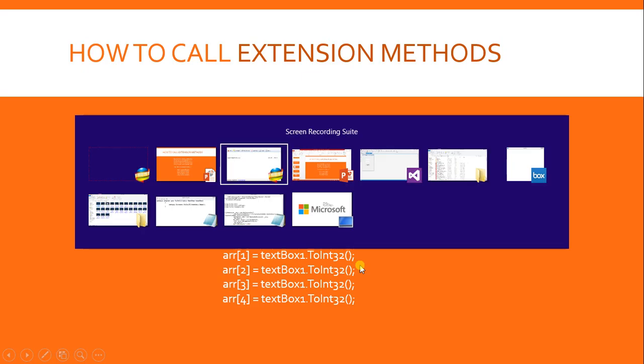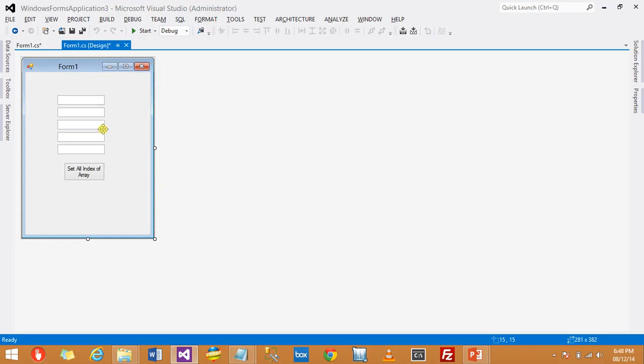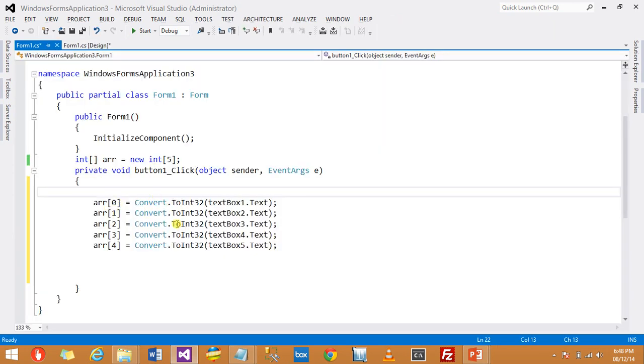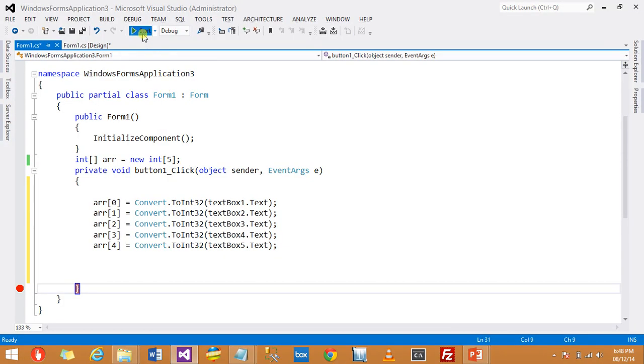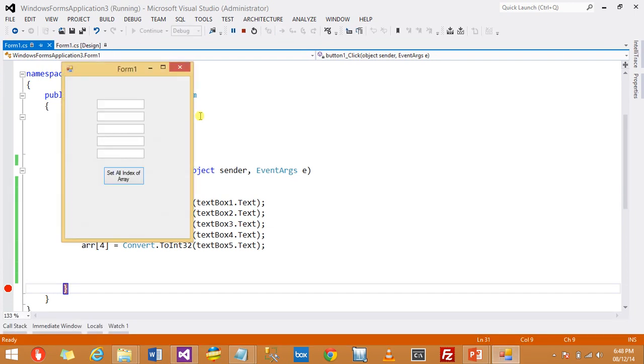So let's have an example. Suppose I have a number of text boxes and a button by which we have to set all the information from the text boxes, so n number of times we have to convert the value. I'm going to debug my program.